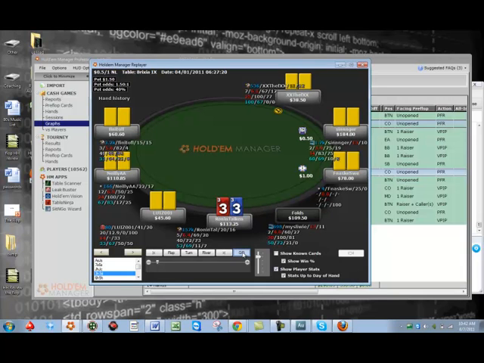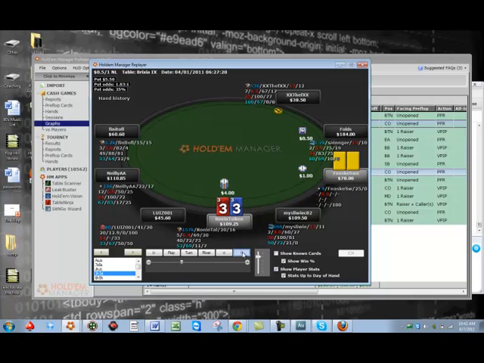Even though I had the nuts that time, I so rarely am going to have quads or a boat, or trips, you know what I mean? I'm just going to have so many backdoor draws and semi-bluffs that I could have bluffed on the flop, but just called. It's a lot of just random junk that I'm raising there. So whenever he folds, it's just great for me. Obviously not in the single hand, but...